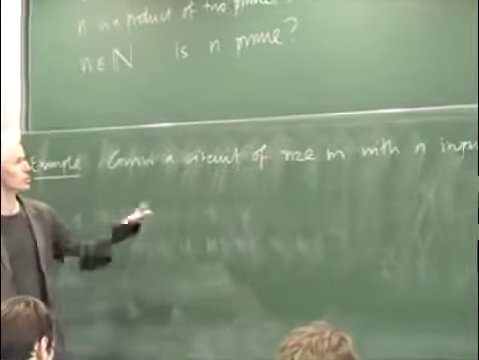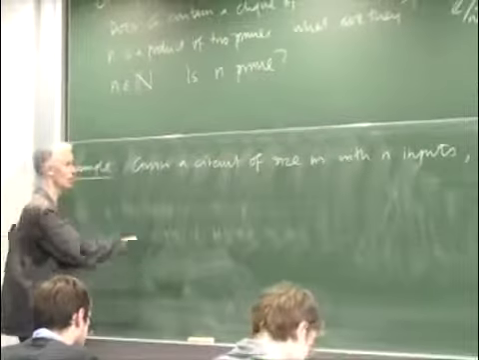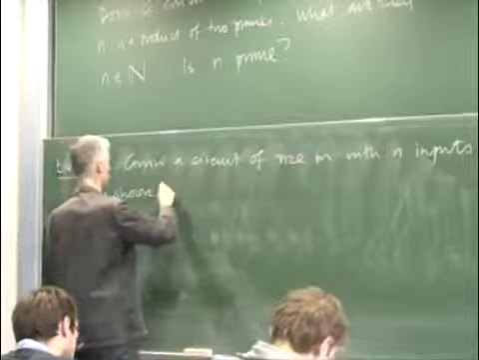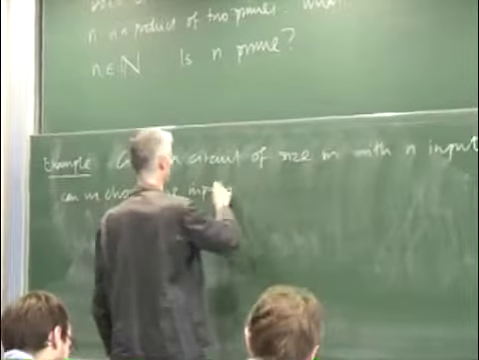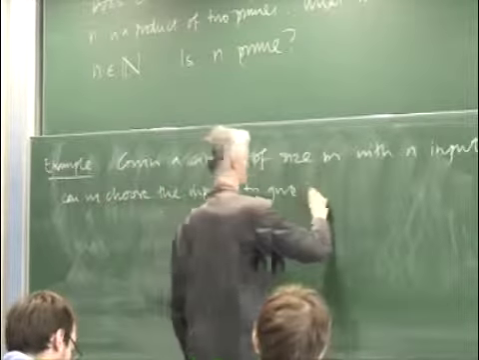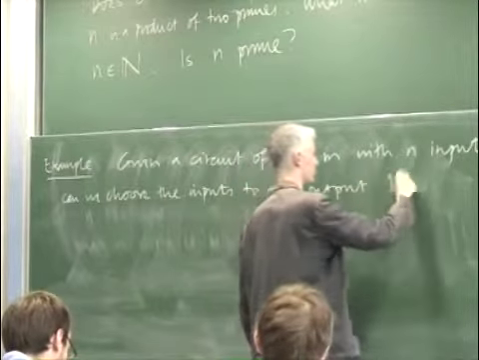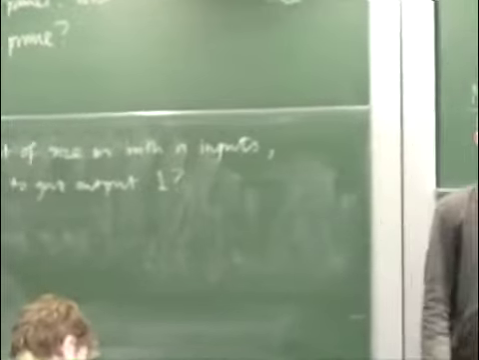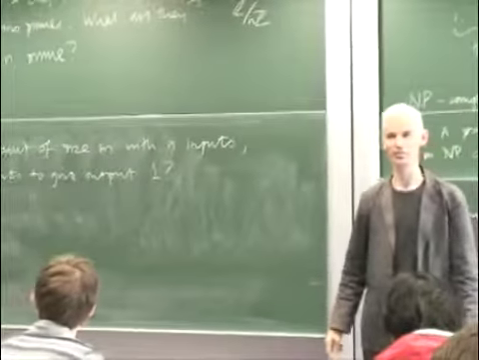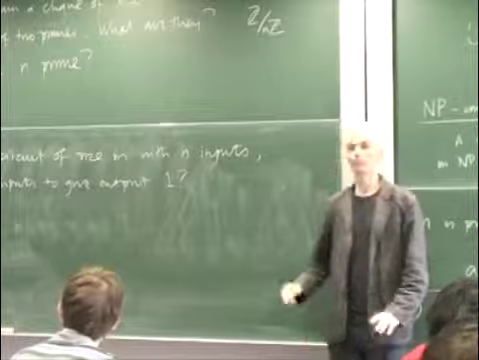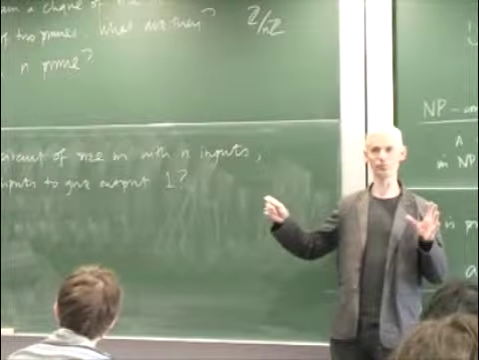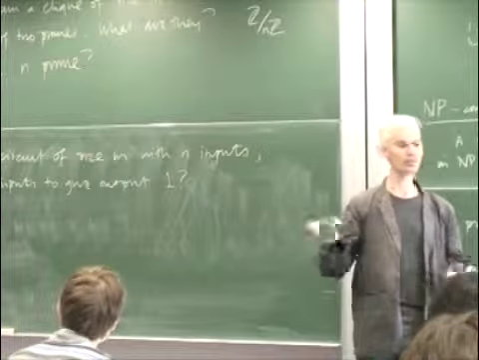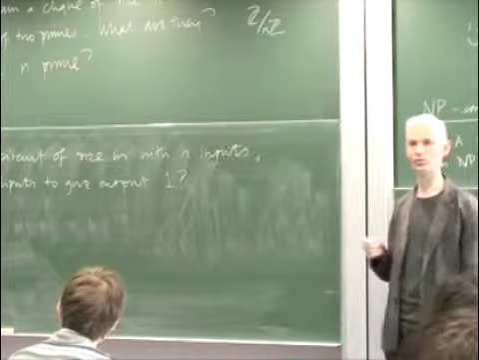I give you a circuit, so 10 inputs, it's not too big. Can we choose the inputs to give output 1? Why roughly is that NP complete? I mean, I'll be a little bit less rough in a moment, but let me just say, if you buy what I said last time, that any Turing computable function that can do its job in polynomial time can be converted into a circuit that does the same job with polynomially many gates,